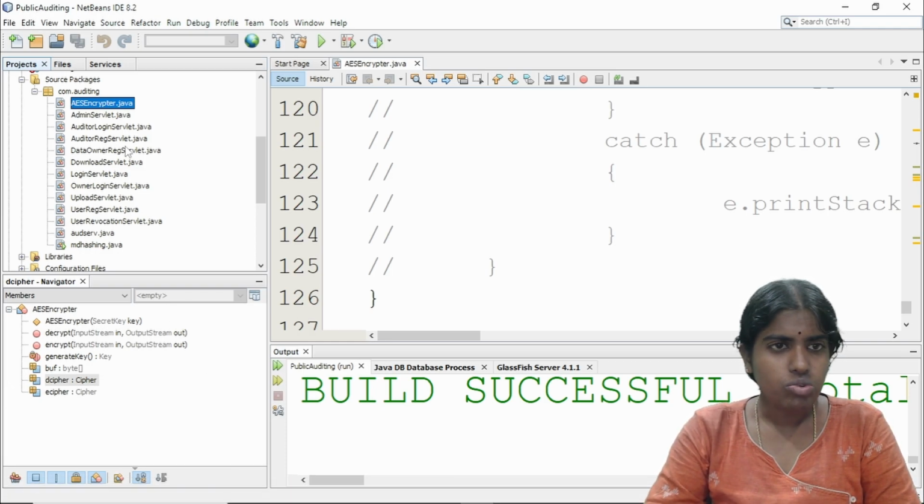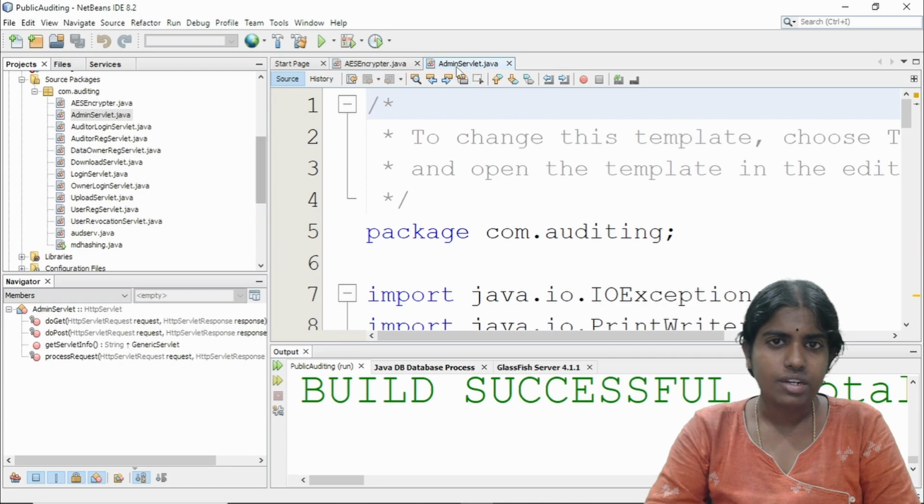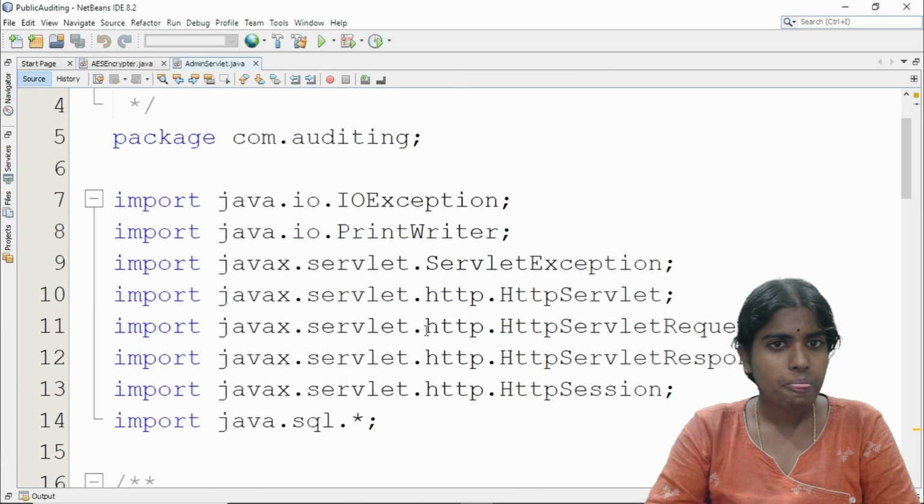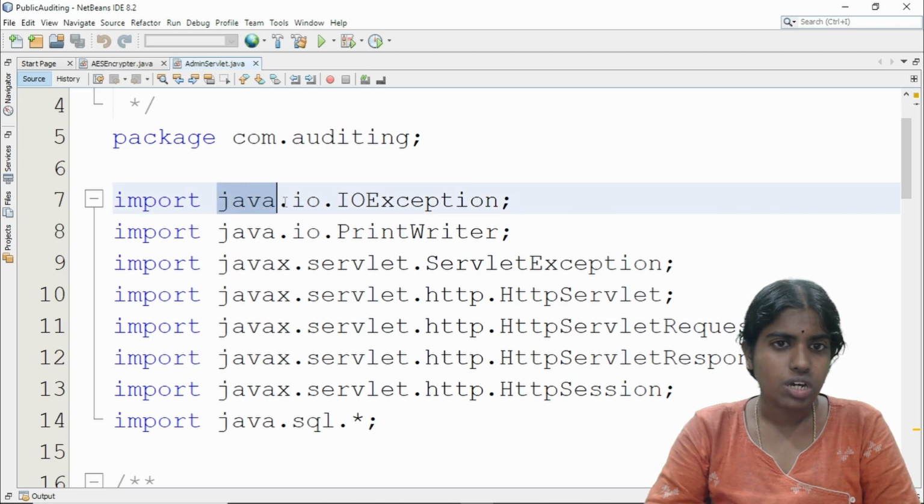And then I have one more .java file, called AdminServlet.java. Inside this AdminServlet.java, firstly I need to import the essential packages and libraries. I'm importing java.io.IOException.